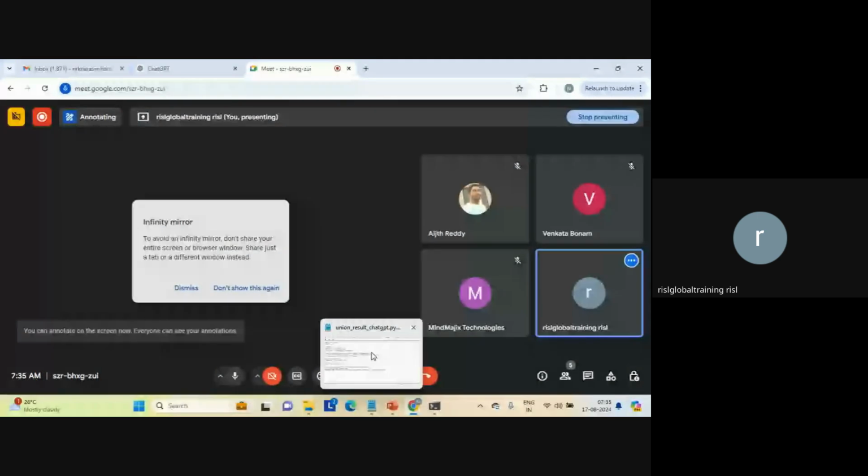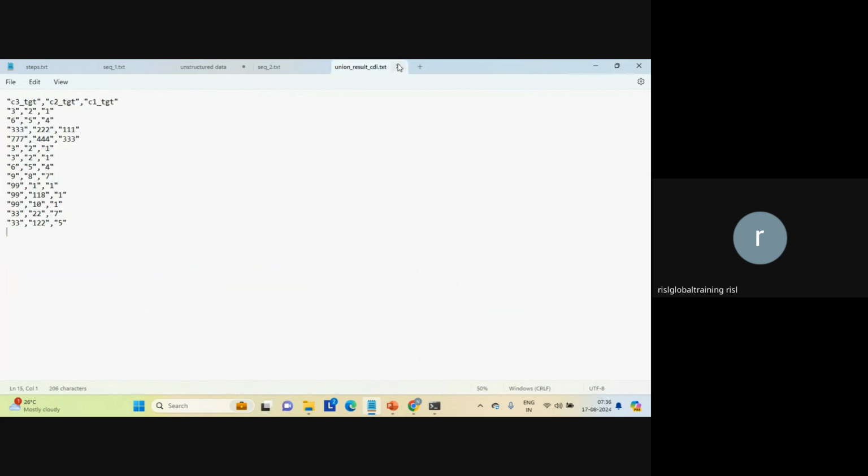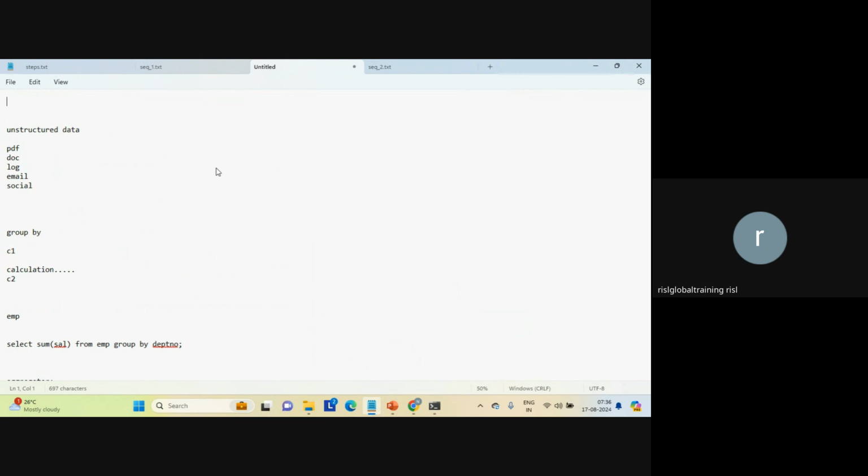So let me talk about it. And we have also seen how to convert unstructured to structured. That is fine. So now,